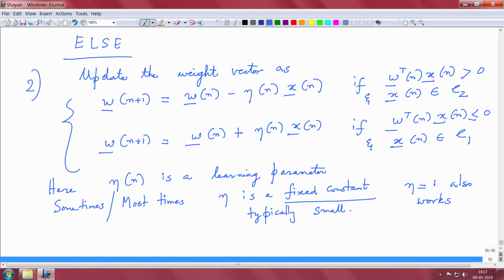So, I think this algorithm should be pretty straightforward, right. It is basically like balancing a pan. If weight is higher on one side, you just adjust it and put it onto the other side of the pan. So, this is basically the intuition behind this perceptron algorithm. Now, one of the key issues is, can we show that this algorithm converges for a linearly separable class. So, we will delve into the details of the proof. That would be our next step.